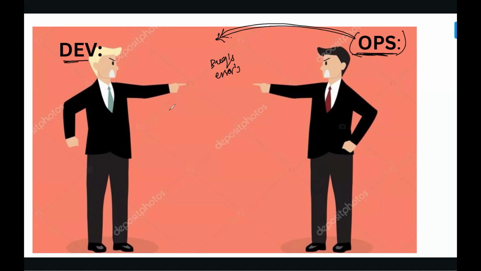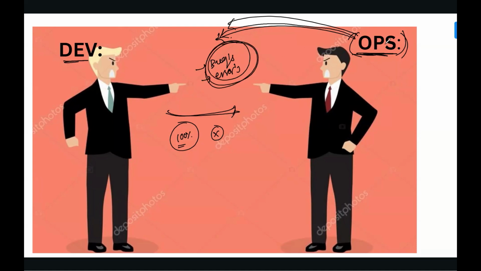But the development team, what will they say? Whatever the 100% test cases passed code we have given to you, you haven't performed operationally well. So that's the reason our application has failed. Once the application has failed in the server, what will the operational team say? Our application has failed in the server. Our application contains bugs. Our application contains errors. This type of reasons the operational team will say to the development team.